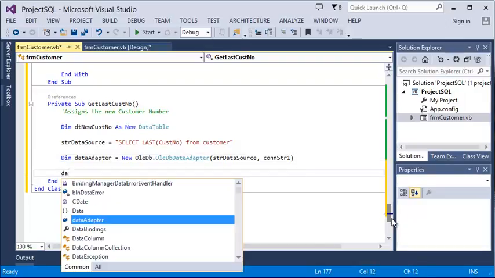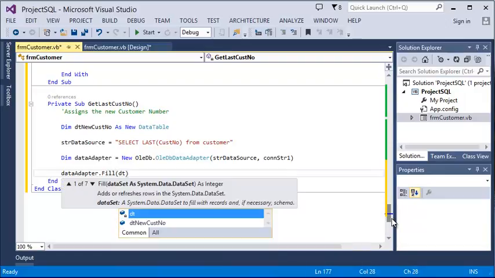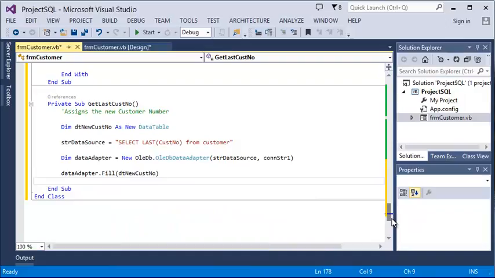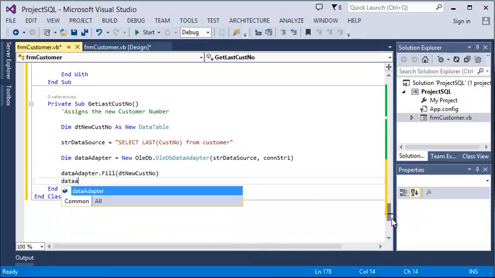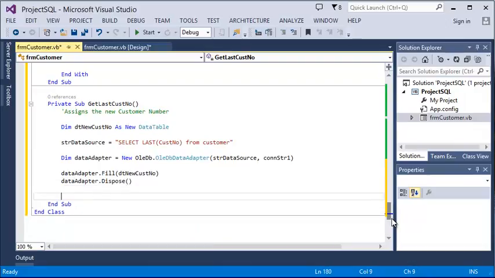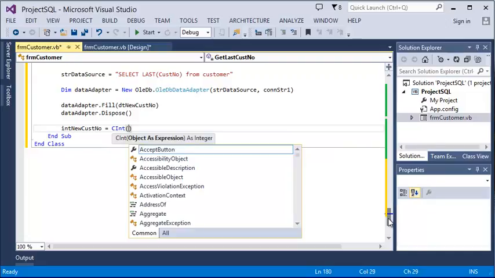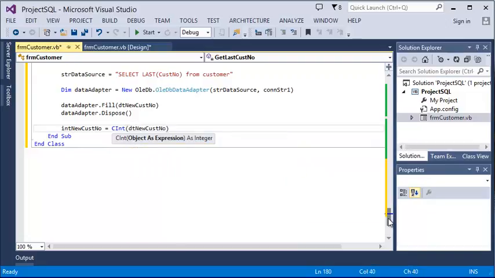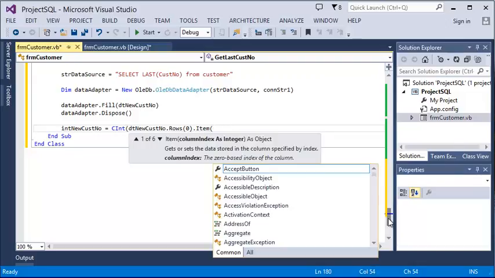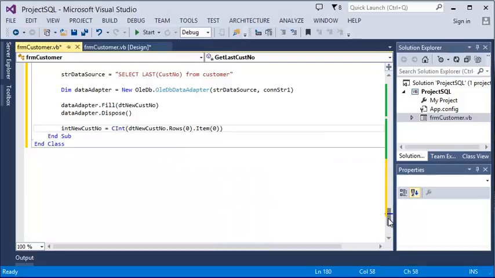Okay, and we'll say dataAdapter.Fill(DT newCustNo), dataAdapter.Dispose(), open closed parentheses, and then so we can assign that new number into the custno field, we'll say that intNewCustNo equals Convert.ToInt32(whatever's in DT newCustNo.Rows(0).Item(0)) plus 1, so we're going to increment it